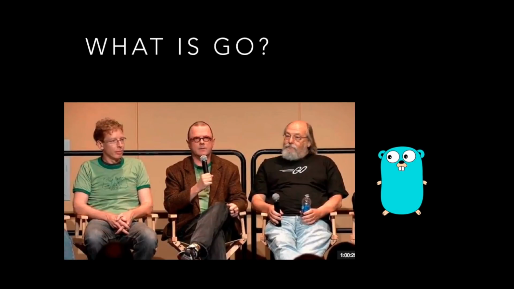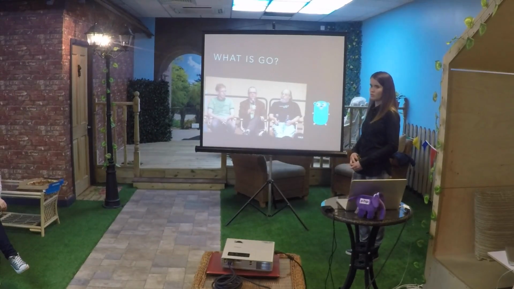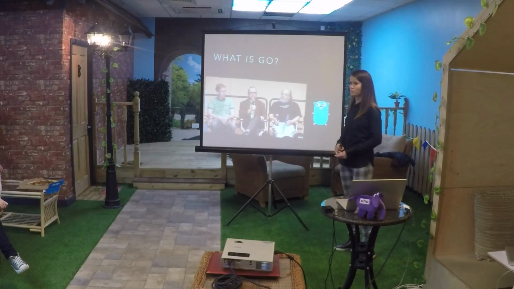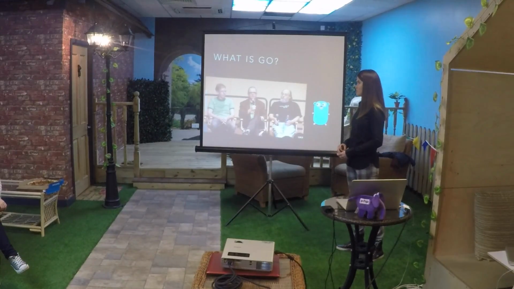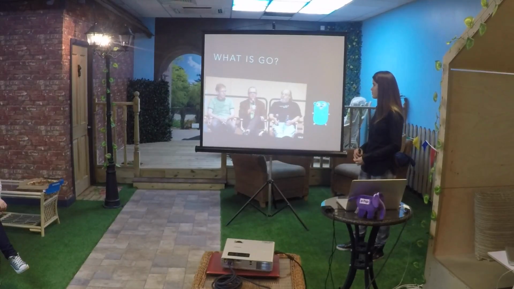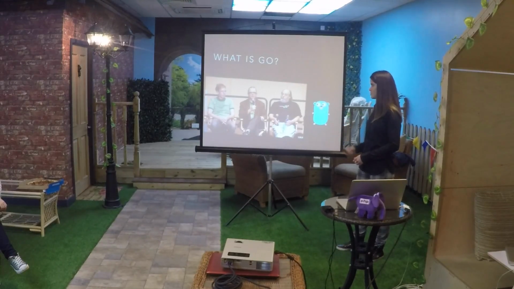So let's start with the basics. What's Go? Go is a language developed at Google. I was really shocked when I found out that it's going to be 10 years old this year in November. Most people think, and I was one of those people who thought, Go was fairly new, like, maybe 5 years old, maybe 3 years old. It's gonna be 10 years old this year. It was made by these three chaps, and two of them, Rob Pike and Ken Thompson, are really big names in the computing and the programming world.